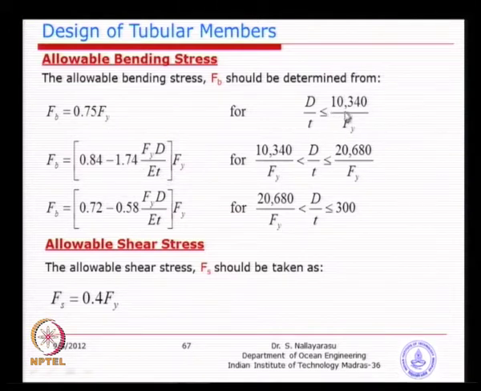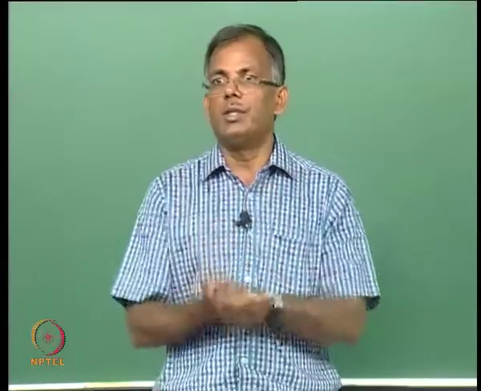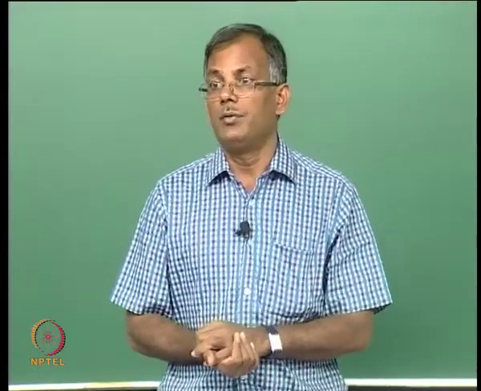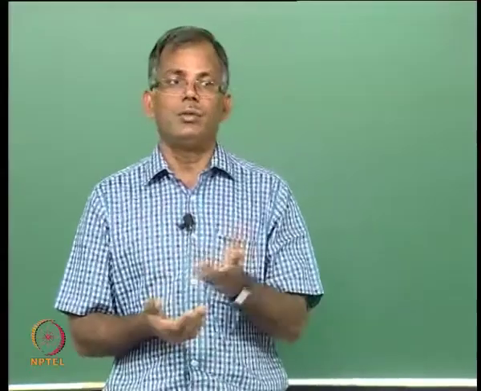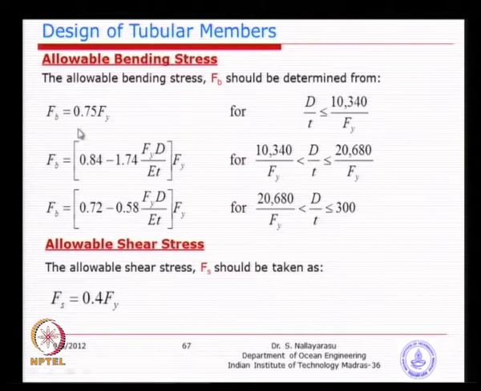So, if it is less than 30, you can understand, if you take 1000 mm diameter, what will be the thickness if you want to keep it less than 30? It is 30 millimeter, is it not? 1000 divided by 30 will give you how much? If you want to keep it at 30, then you have to have the corresponding thickness. So, if that d by t ratio is less than 30, it means maximum allowable stress of 75%, whereas if you keep it between 30 and 60 and 300, considerable reduction is given there, is it not.